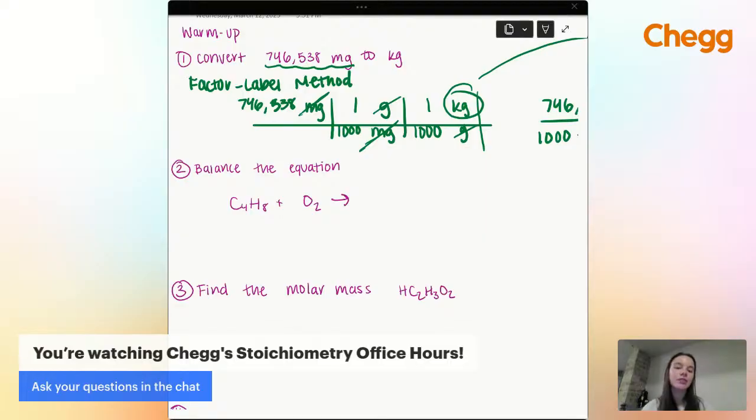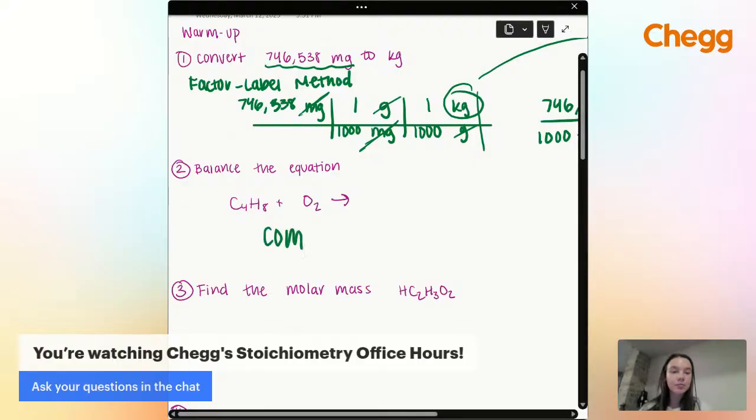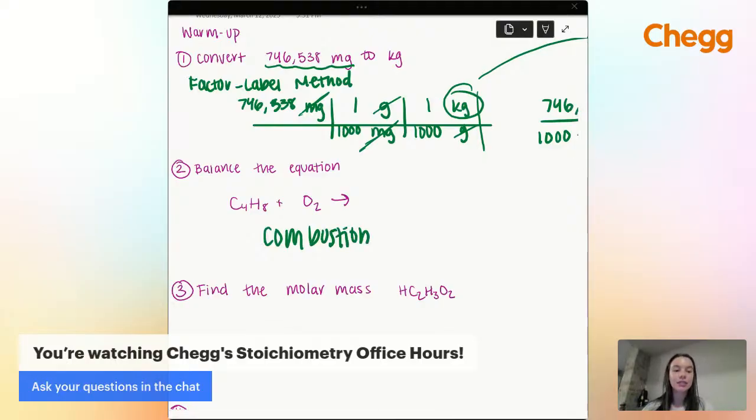I do see a comment from John on TikTok about maybe going over some sig fig stuff. After this problem, we will jump right into some sig fig questions. So stick with me, and I promise I will explain all the zeros and dots and stuff about sig figs. All right, you've got about 10 more seconds. Tell me, what are the products of this equation? This is a combustion reaction, if that helps you guys. I know some classes learn it by type of reaction. This is a combustion reaction.